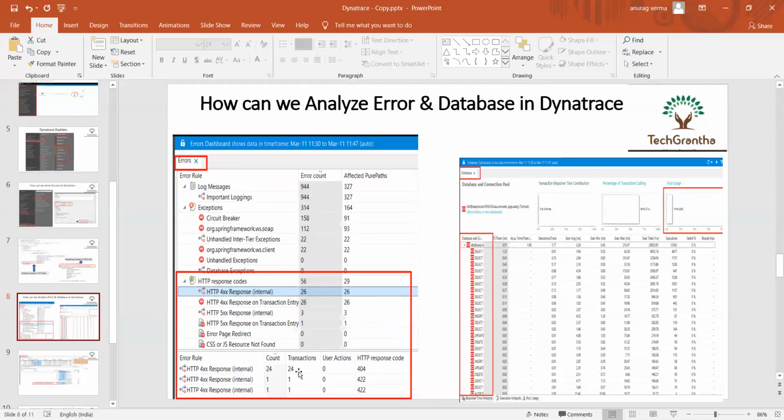Once you right-click and go to drill down to the PurePath, you will get the particular transaction behind it. Next, the database: once you click, it will show you which particular query is running on your instance and which particular query is causing the high response time. This information we can also monitor using the Dynatrace tool.